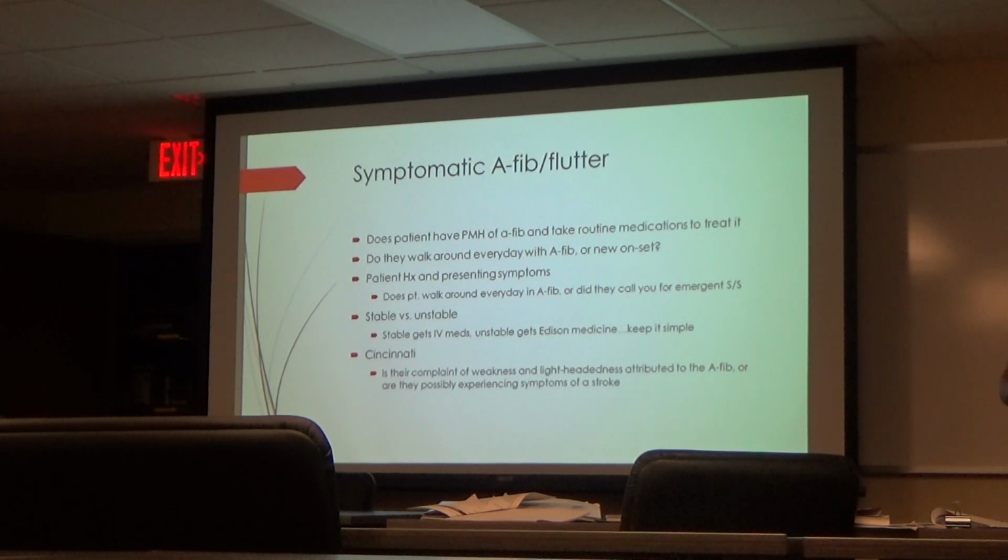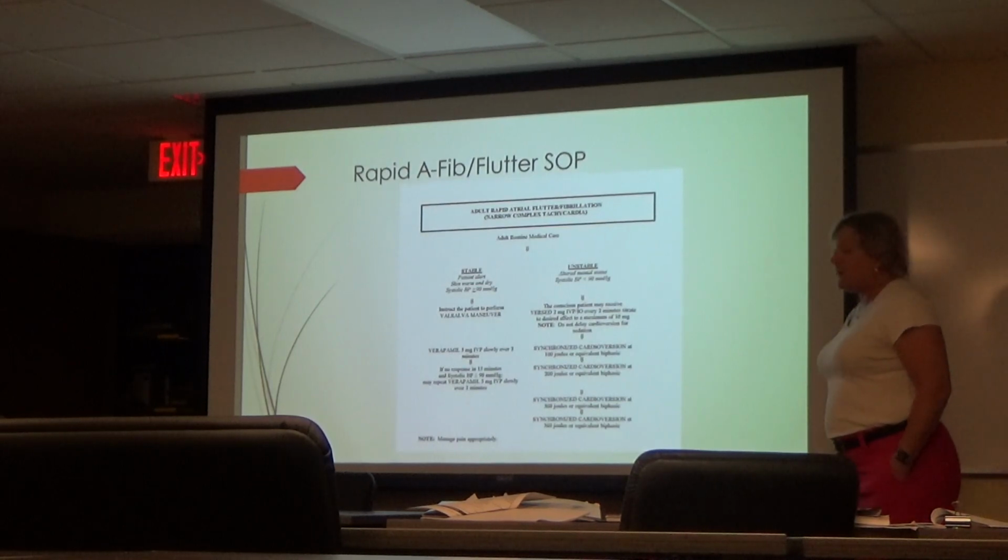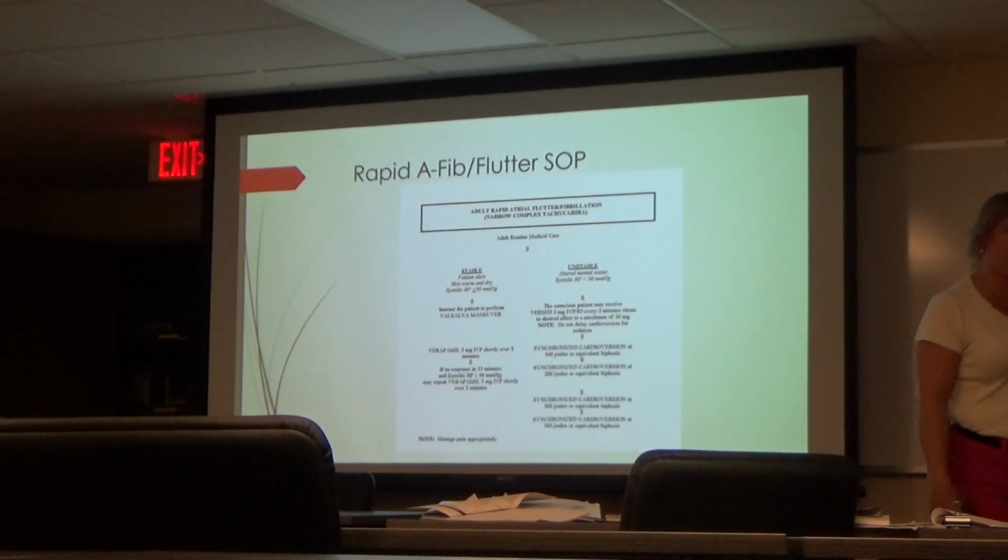The other thing, remember with AFib, what's going on in the heart? The atria is sitting there fibrillating. And so by us going ahead and kicking them out of AFib can possibly dislodge a clot that might be hanging around in those atria, which could lead to a stroke or even a heart attack, depending on which direction it actually goes. So when we take a look at our rapid atrial fibrillation, or A-flutter, narrow complex tachycardia, if